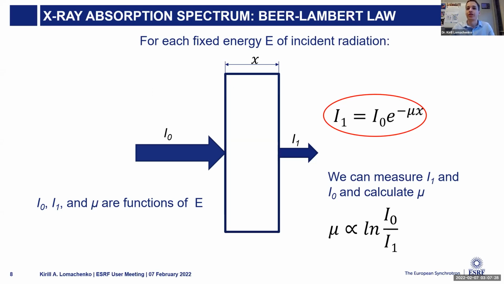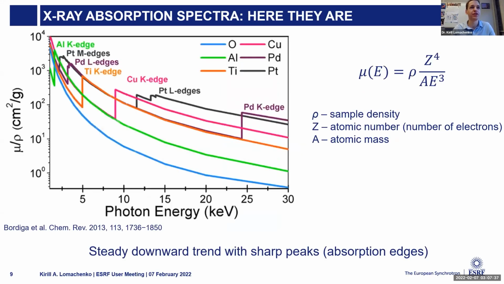So suppose you do measure it. Suppose you do measure mu in a pretty broad energy range. How will it look like? It appears that it looks something like this. For different